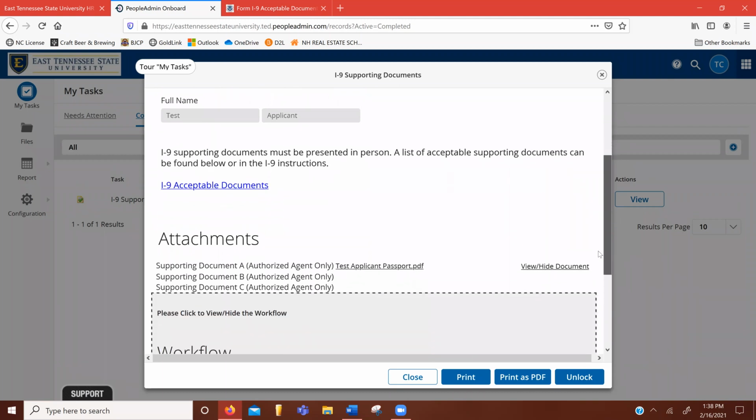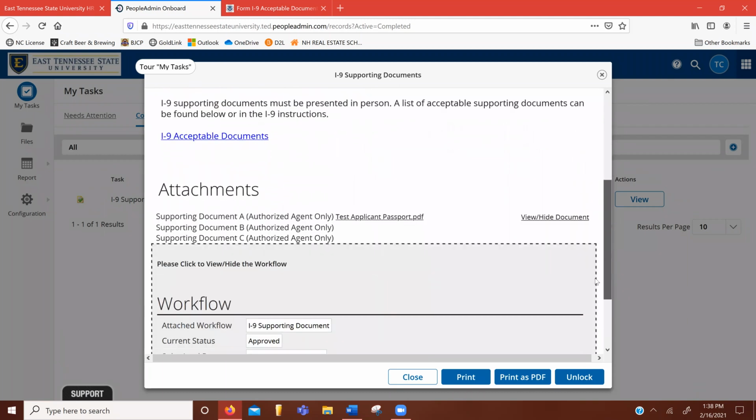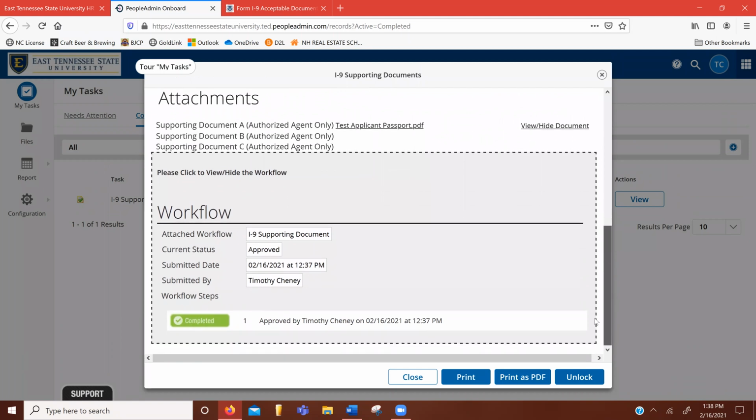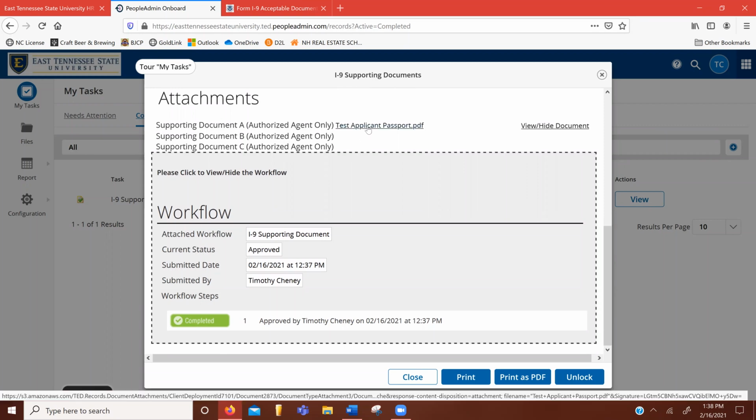seasonal employee, for whatever reason, if there's a situation where they'll be coming back and they're eligible for Section 3 of the I-9, this allows you where you can go back and look at the documents that they originally provided and see if they're satisfying all the requirements for Section 3. For more information on what employees would be eligible for Section 3, please contact HR directly.